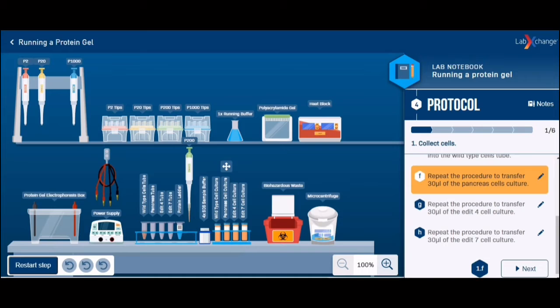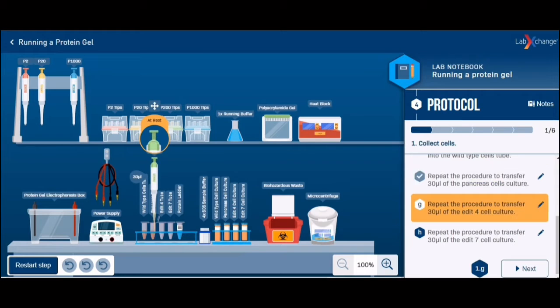After drawing the cell culture, I will put that in the pancreas tube. Next, we will repeat the procedure to transfer 30 µL of the edit 4 cell culture into the